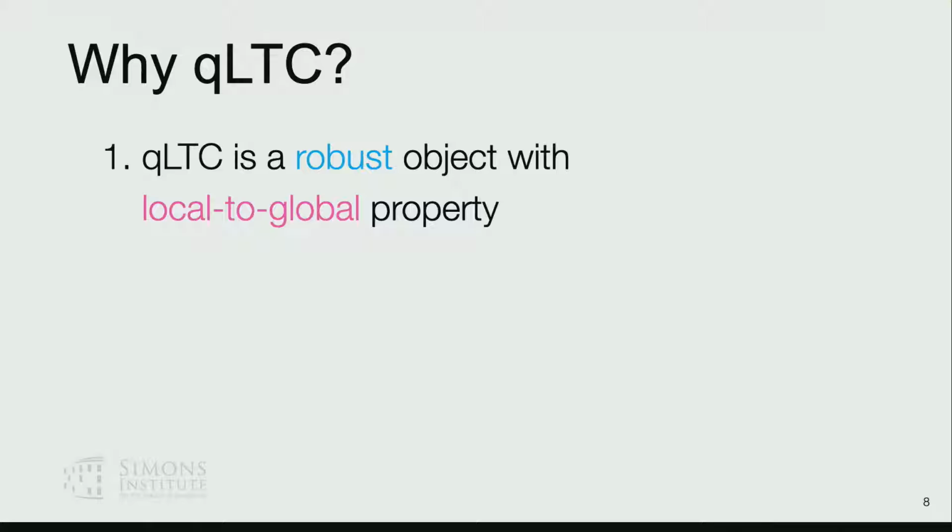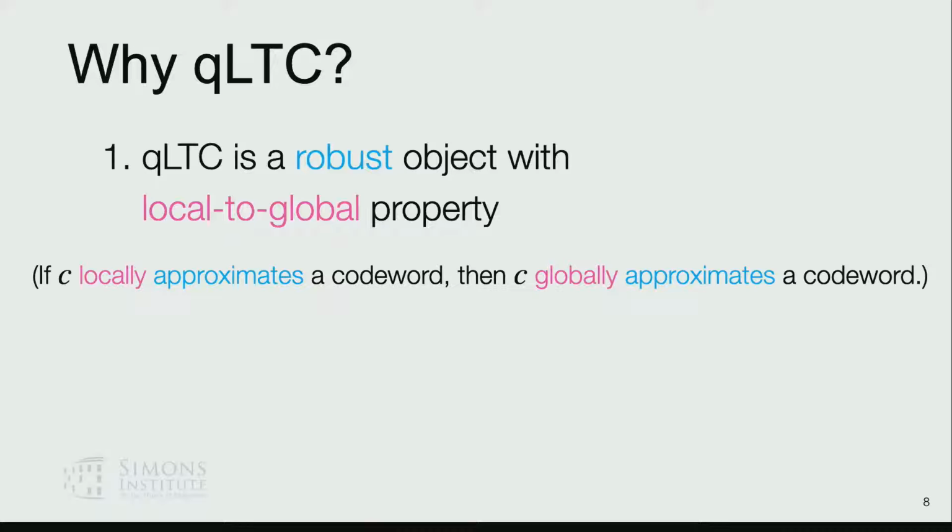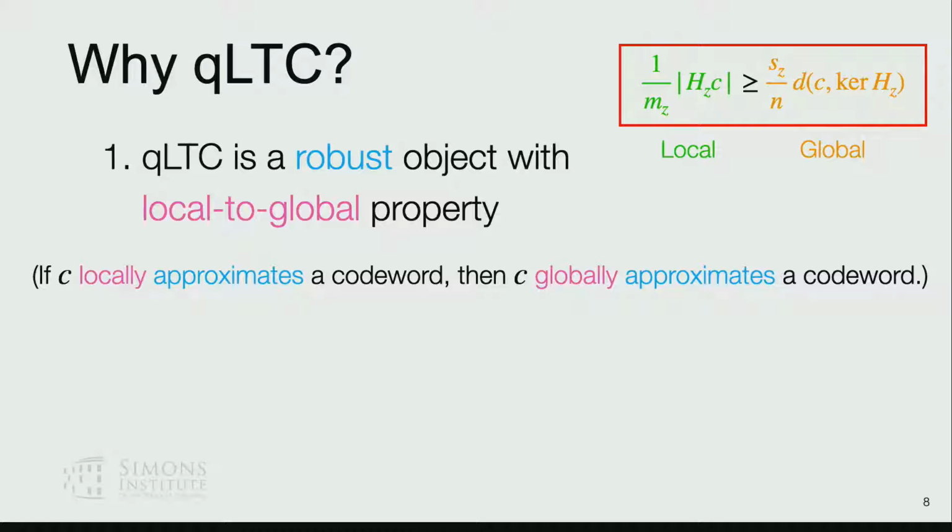One reason is that these are robust objects with a kind of local-to-global property. More explicitly, when you have a word that locally approximates a codeword, this condition says that it actually globally approximates a codeword. Even more explicitly, what I mean by local and global exactly corresponds to the two sides of this inequality. And for robustness, the non-robust version corresponds to this property,